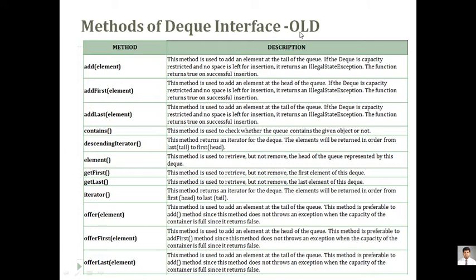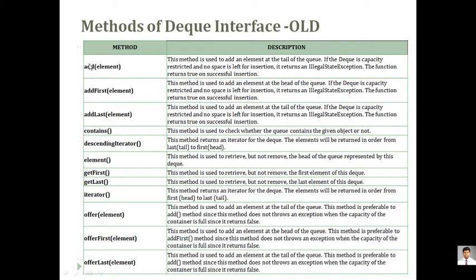Now there is a list of functions. Of what we have seen in the previous session, we have the add function for adding an element, addFirst for adding an element at the first node, addLast for adding at the rear position of your list, then contains for searching whether the list contains that value or not. Then descendingIterator: an iterator is an interface for displaying in ascending order, whereas when you want to display it in reverse order, that is a descendingIterator. So it will be displaying the list in reverse order.